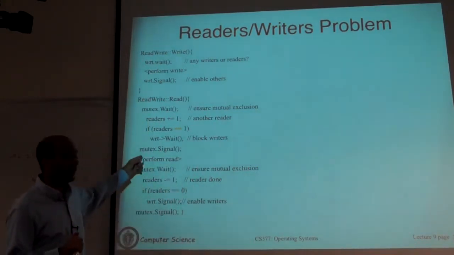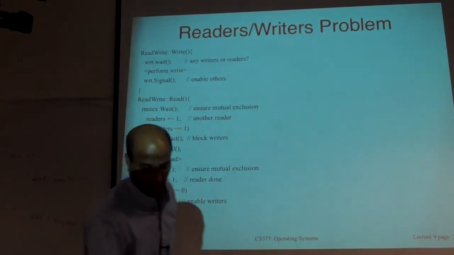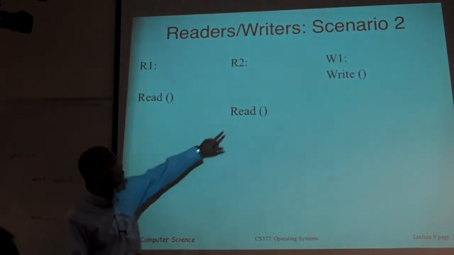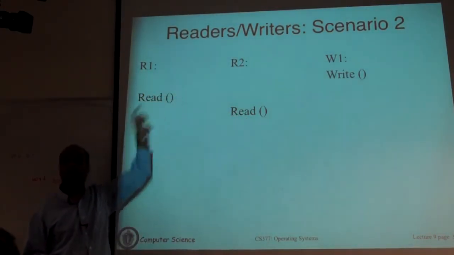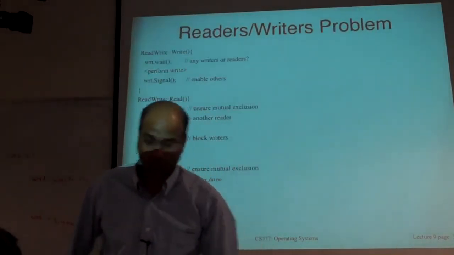Okay. So there are a lot of subtleties here that you have to imagine what's going on. This example 2 is actually a good one. Okay, now let's assume that R2 comes along. The writer is not finished, and the first reader is blocked waiting for that writer to finish. So ask what happens then in this code.